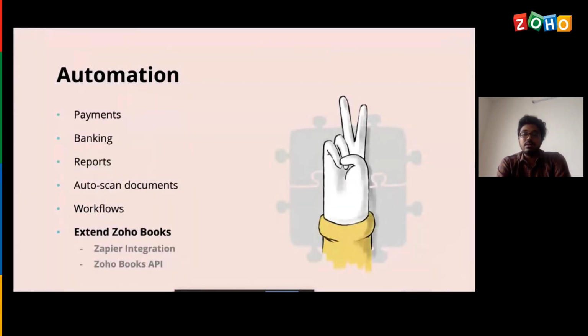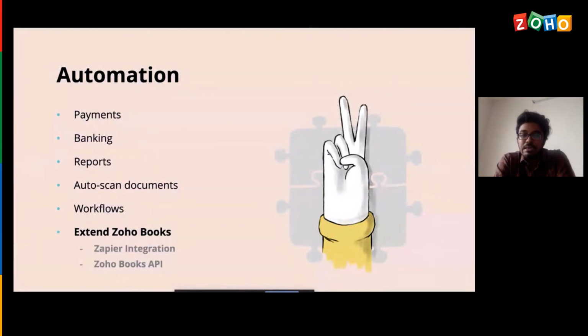The other extended Books feature which we have is Books API. As I said earlier, all of these actions are performed only with the help of Books API. Books API is nothing but an instruction that is given to the system to perform an operation. For each and every action that we do in Zoho Books, starting from create, update, delete, we have an API code for each and every action that should get performed from Zoho Books.